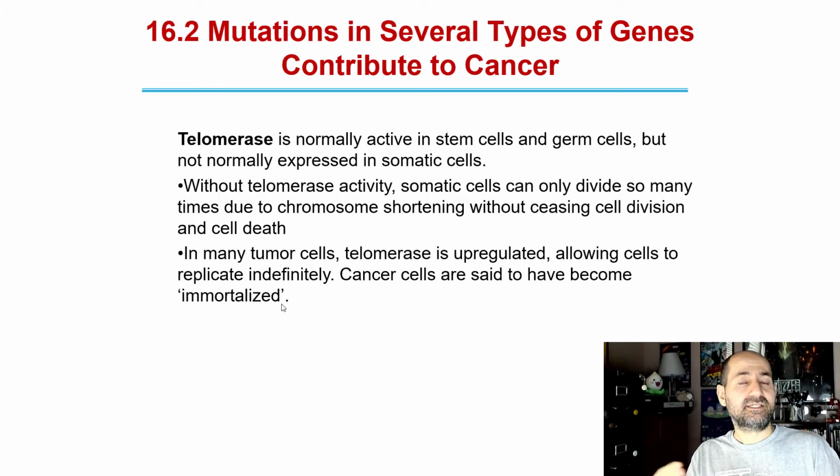However, many cancers have ectopic upregulation of telomerase. That means faulty and out of place upregulation of telomerase. And because of that, those cells are effectively immortal. They can keep growing. And that's one of the hallmarks of cancer, is immortalized cells. Isn't that interesting? In fact,